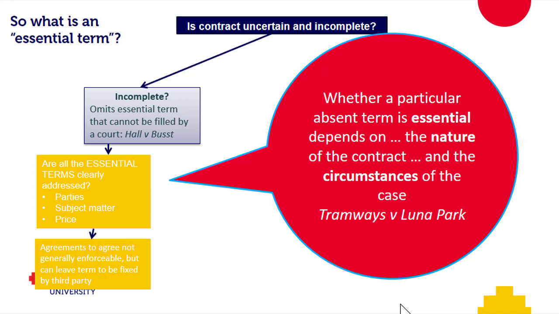If you breach a contract but you don't breach an essential term, then you can only get damages. So the classification of the terms is important for other reasons as well. A lot of our understanding of what's essential and what isn't comes out of Tramways, and it looks to the circumstances of the case, and it looks to the relationships of the parties, and it takes again that objective test. Doesn't matter what you meant by what you said, what matters is what people heard from what you said. And it also looks to the existing relationship and balance between the parties.